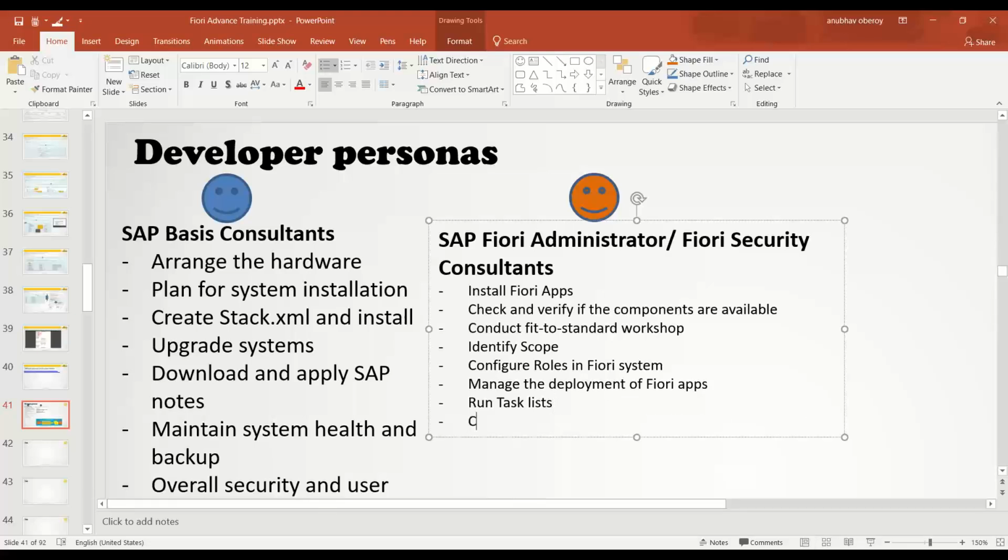Then they will create users who work with Fiori. So there will be end users who would use Fiori as they adopt it, and these administrators will take care of Fiori user creation. They will also create sample users for testing, and they will also take care of configuring